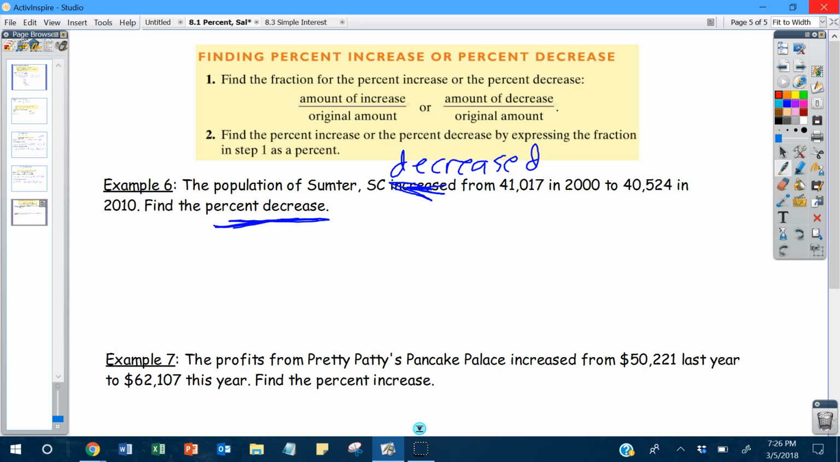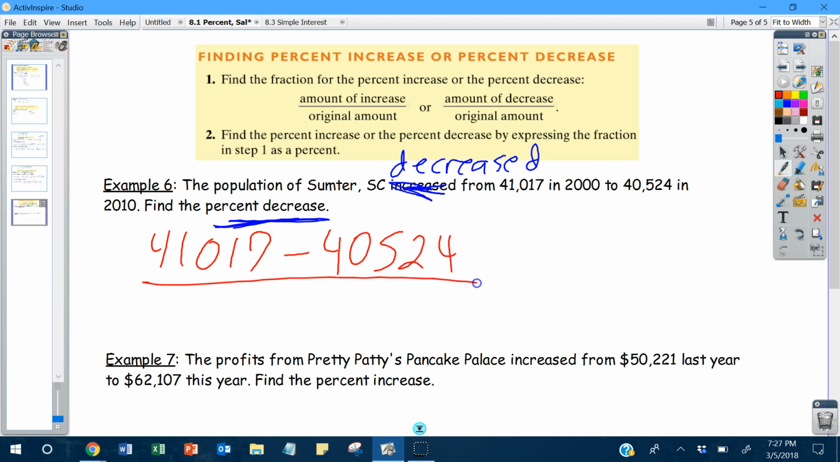We're not interested in the amount of decrease over these last 10 years, but in the percent decrease. So we're going to use this formula here. We're going to find the amount, and then we're going to divide it by the original amount. So to find the amount of decrease, we can just take the bigger number, subtract the smaller number, which is fine as long as we understand that we're dealing with a decrease instead of an increase. So I'm going to take the bigger number, subtract the smaller number, and then I'm going to divide all that by the original amount, which is